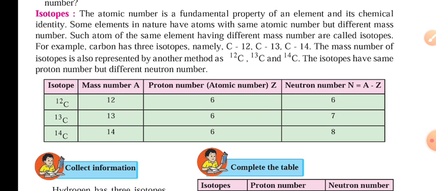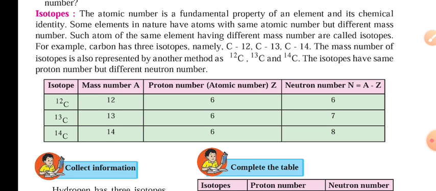Means if we are discussing any particular element's atom, then the atomic number is the fundamental characteristic of that element. The atomic number gives complete detail about the element, and that's why it is also called the chemical identity